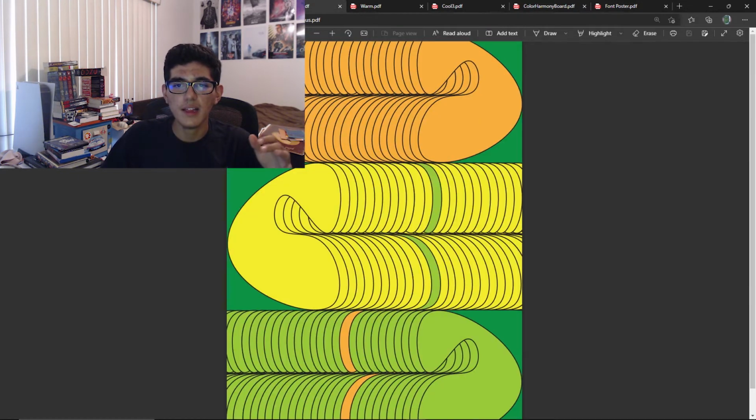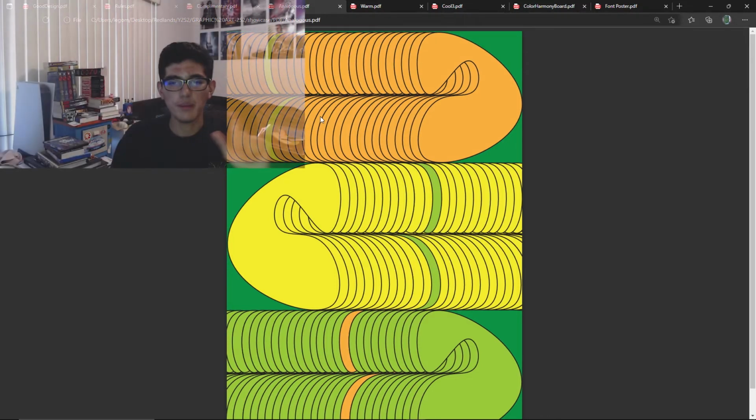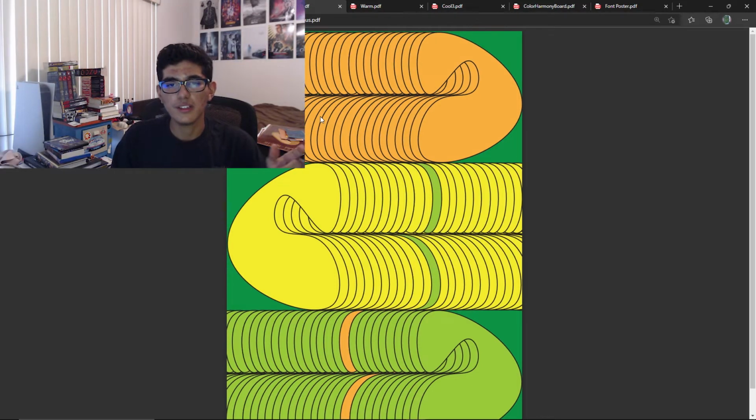And then for analogous here, this was kind of cool, coming up with the idea. I did that one shape, and then I was thinking how would it look stacked, and I just copied and pasted it a bunch of times, and inverted it, and copied and pasted and then inverted, and that was what I